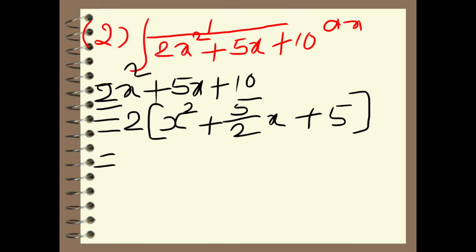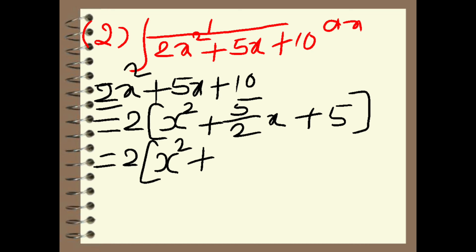Now we have to identify a and b. Students, observe here carefully. The x term contains 5 by 2 here, but we need to get 2, because if the linear term is a multiple of 2, then only we can convert it into the form of 2ab. So here the linear term is 5 by 2. So we must convert it into the form 2ab. So sir, here 5 is there, how can we write 5 as 2?